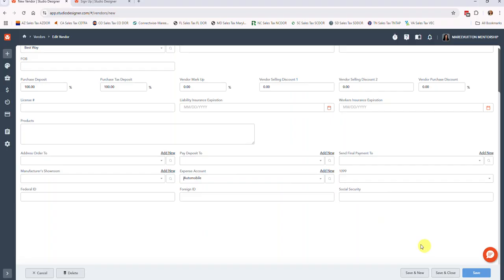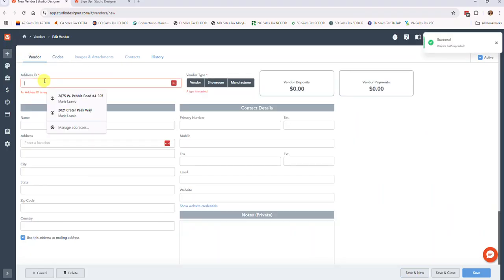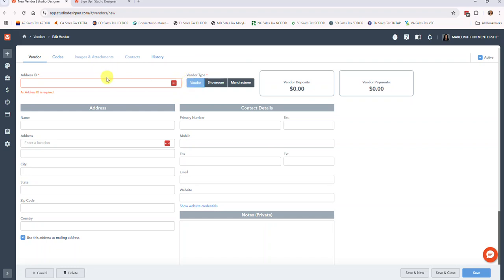This specific vendor, this generic vendor for gas, will be able to be used for a bunch of different things, but I'm going to show you how I use them. Okay. So I'm going to just quickly set up these generics by going save and new. We're going to go back to the beginning. And again, you're always going to want to select vendor,